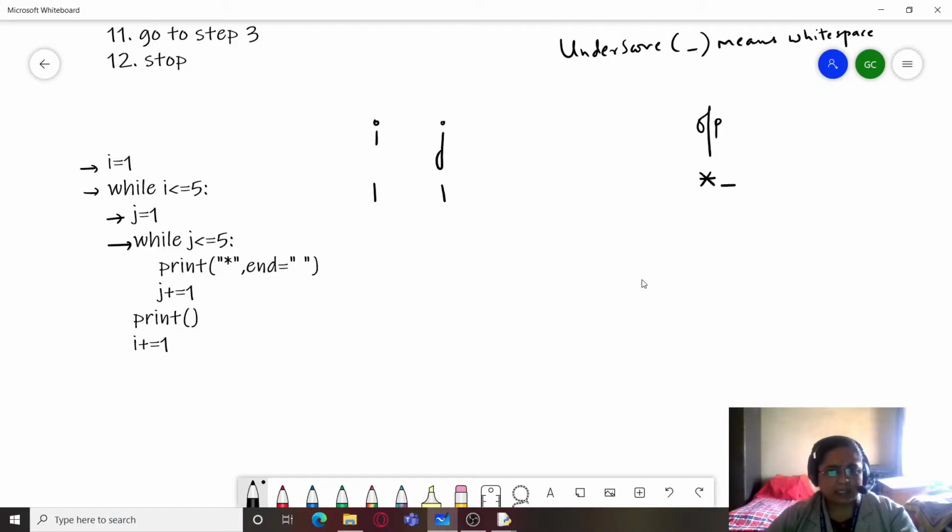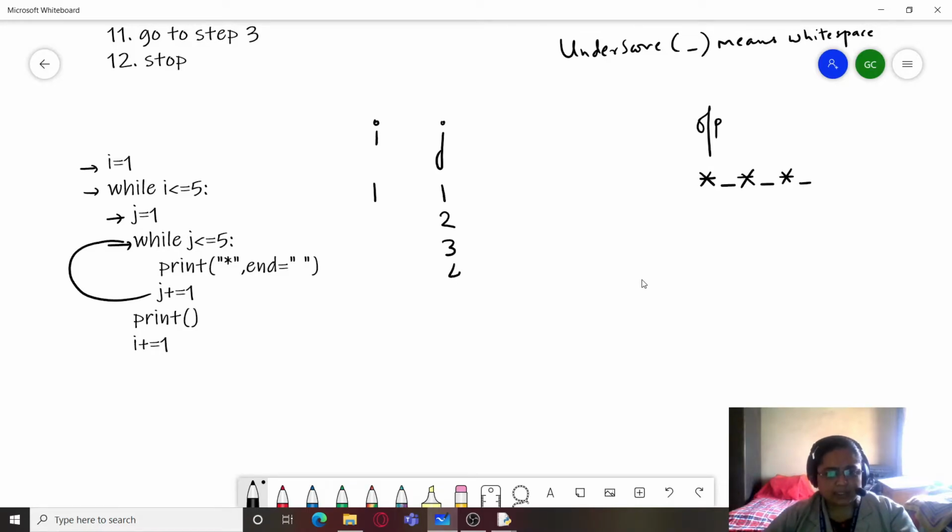Then j equals j plus 1, so j becomes 2, and remember i is still 1. So again it loops back here. While j is less than or equal to 5, yes, 2 is still less than or equal to 5, again print asterisk and a space. j plus 1 makes it 3, again go back, 3 is less than or equal to 5, again print this.